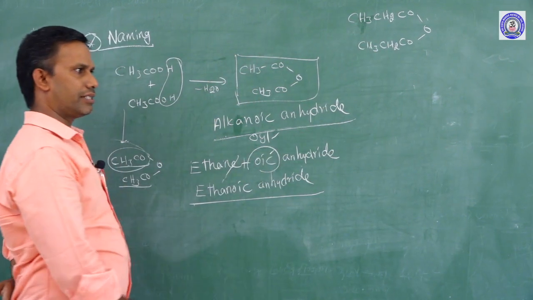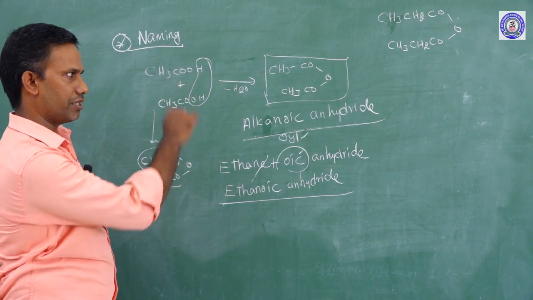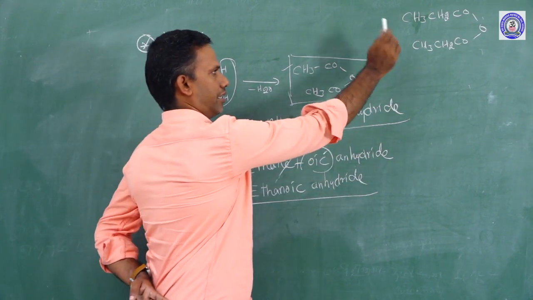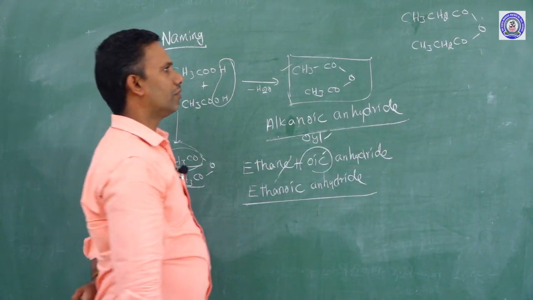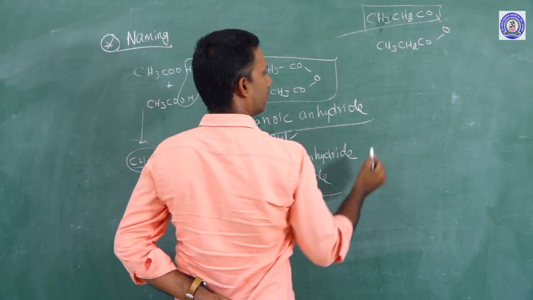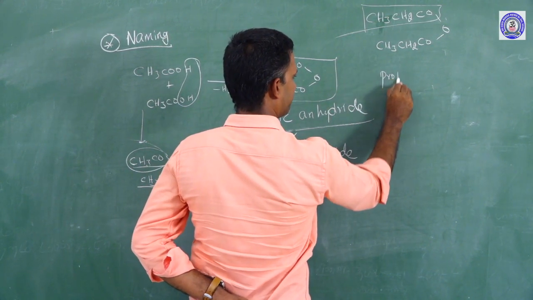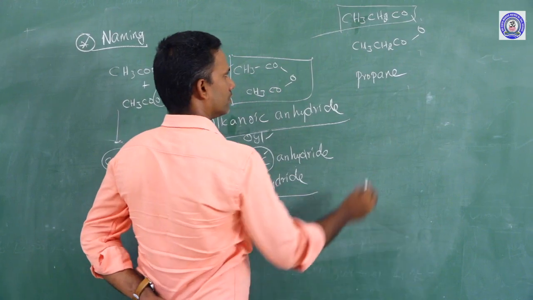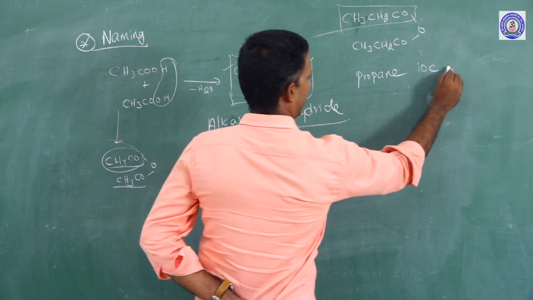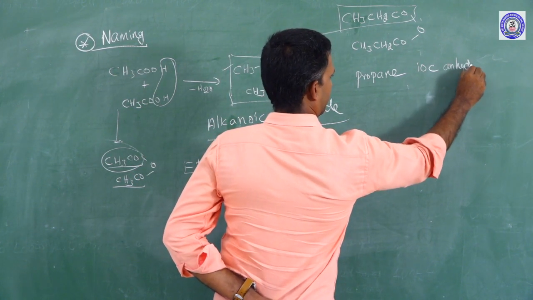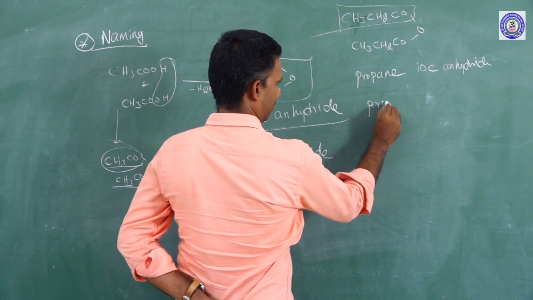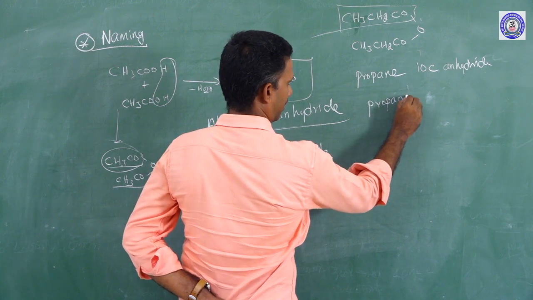By seeing this formula itself, you can identify the source acid, propionic acid. How does this come from acetic acid? In the same way, it is propionic acid. We follow all the rules. Count the number of carbons, 3. So 3 carbon, propane. The special suffix oic anhydride should be added. So collectively we can write propanoic